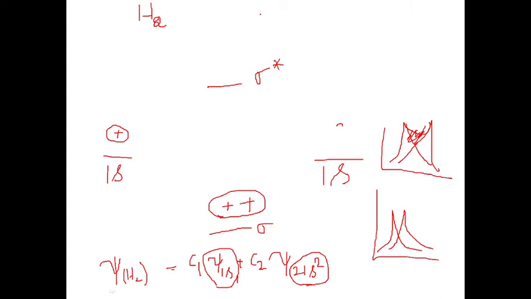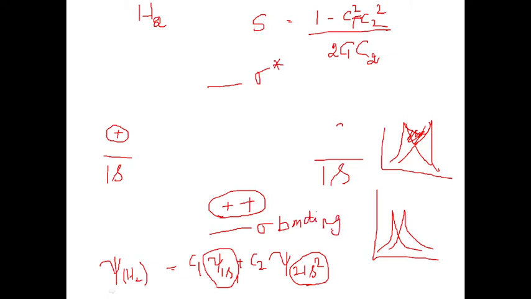So I can denote this overlap integral as 1 plus or minus C1 C2, divided by 2 C1 C2. This is how you can calculate the overlap integral, and this overlap integral is going to make this a stable one. So you are getting a bonding orbital and an anti-bonding orbital.